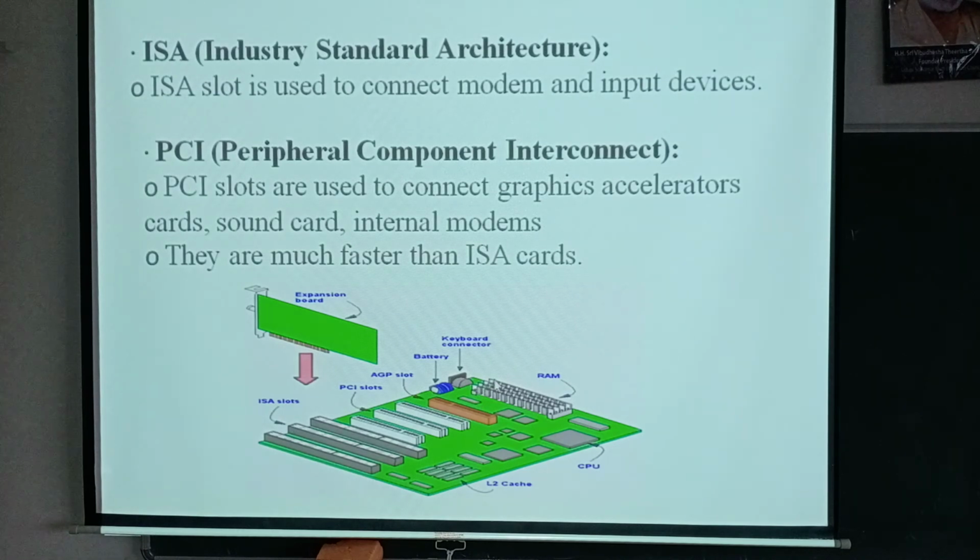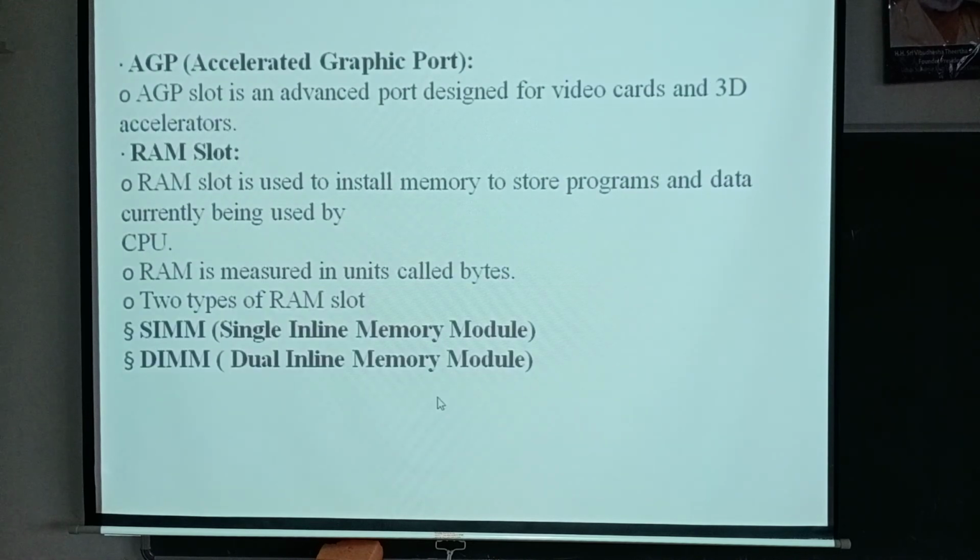So you can see in these pictures, these are all RAM, okay, these are the RAM slots, that is where you can install RAM. Here this is the CPU, that is a processor chip. These are all cache memories, later you have to study these. This is the battery which I have called, that is the CMOS battery. These are keyboard connectors, and these are the expansion boards which are used to install in the slots, okay. So like this, in the slots you are going to insert these ports.